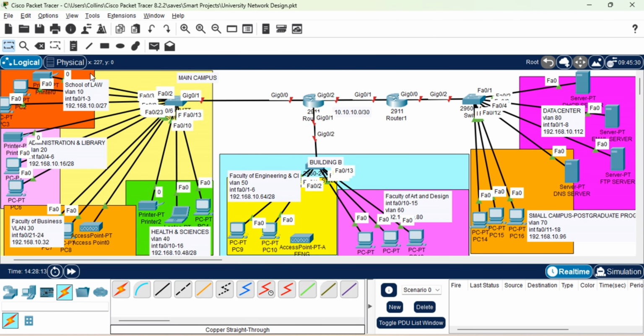As you can see, this is the main campus, Building A, Building B, situated on this router for main campus. Then 20 miles away is the small campus here, and this small campus is just with the data center. Data center is situated in the IT department. This is it. So the link between these 2 routers, this is the network that we've been authorized to use